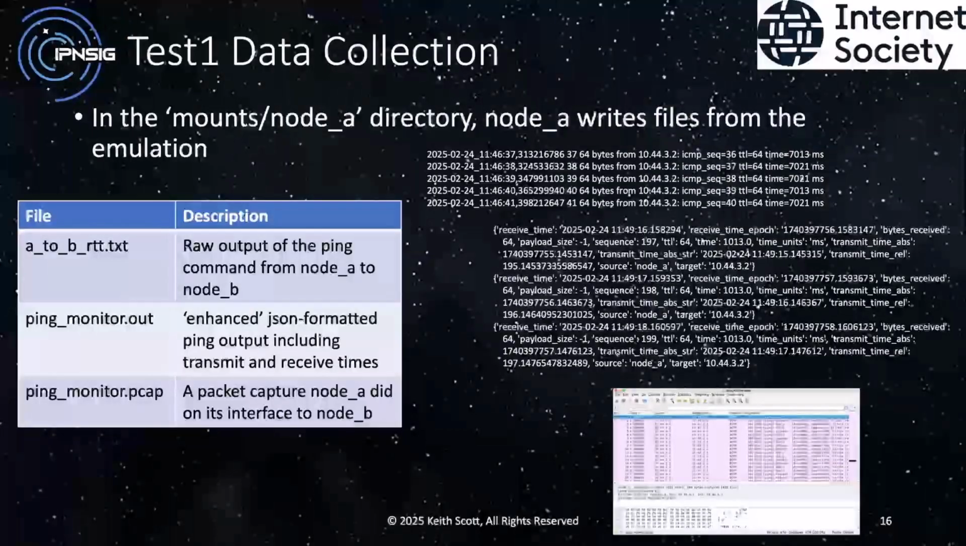So once the test is over, we can look at some of the data that got written down into the bind mounted directories by node A. And there are sort of 3 interesting things here. There's an A to B round trip time file that is the raw output of A trying to ping node B. There's a ping monitor.out file, which is an enhanced sort of JSON formatted file that contains the same information from the A to B RTT text file, but it's more suitable for then jamming into the Prometheus database and